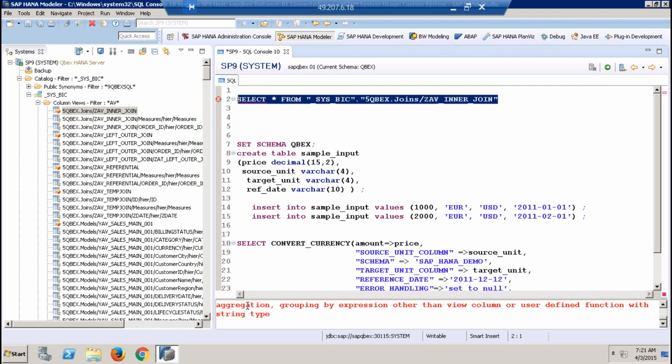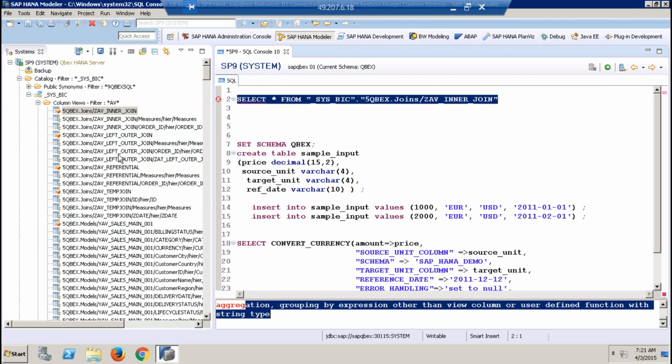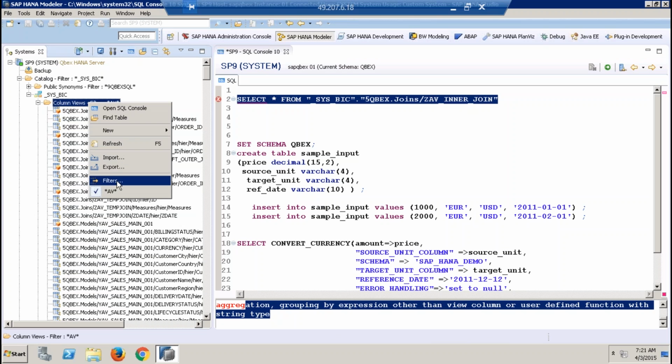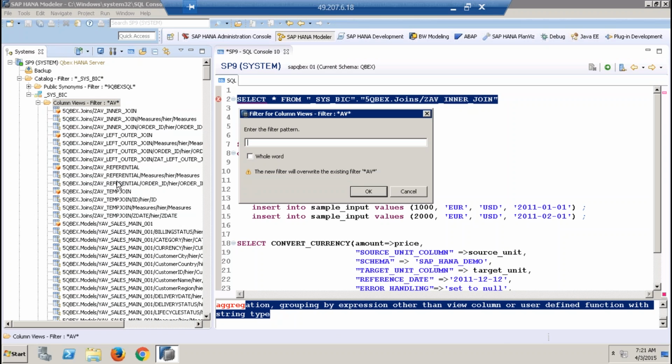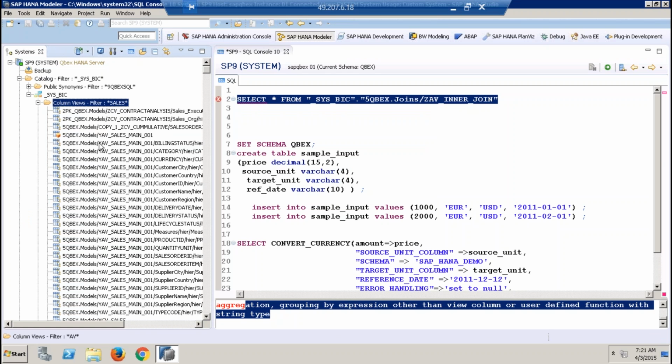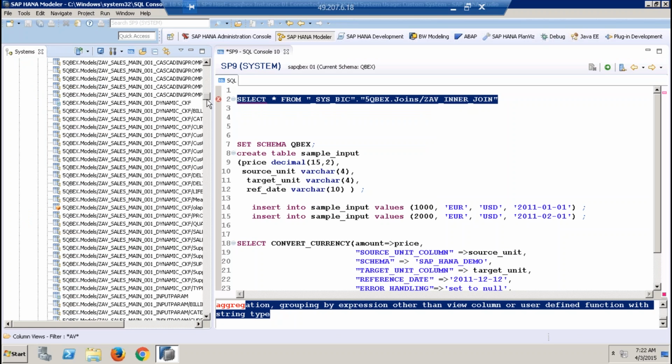See, aggregation and grouping is necessary because this is an OLAP catalog column view. Whenever you read it, it needs to be specified with the aggregation function for the measures. That is one. If I try to pick some calculation column view,